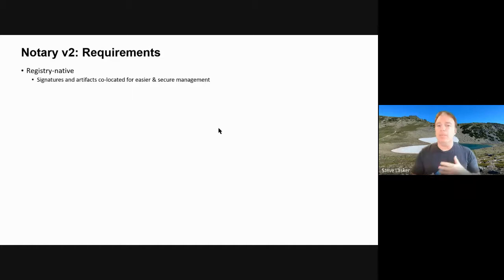So we went back and said, look, let's get a list of requirements that we can agree to. And then we're not arguing over the elegance of a design. It's, does the design match our requirements? So like I said, the first thing is we wanted to solve some problems with Notary V1. And that is when I push something to a registry and I pull it, if I pull it with or without signing or content trust or Notary enabled, I should get the same content. And that's not the case with Notary V1. So we want to make sure they're co-located and secured in that registry.